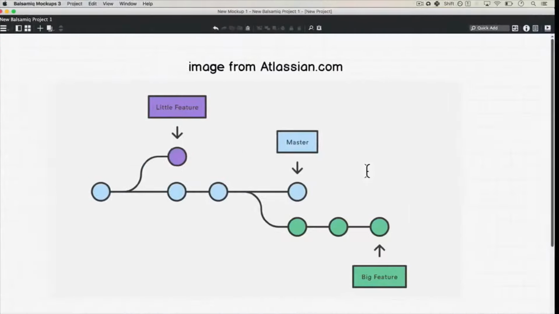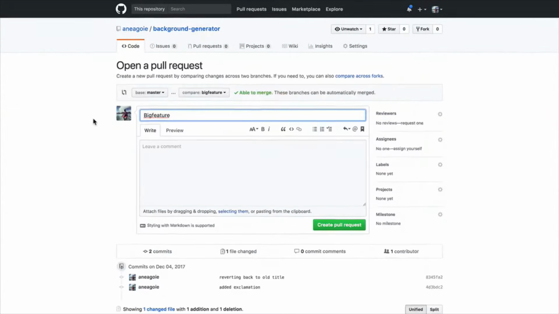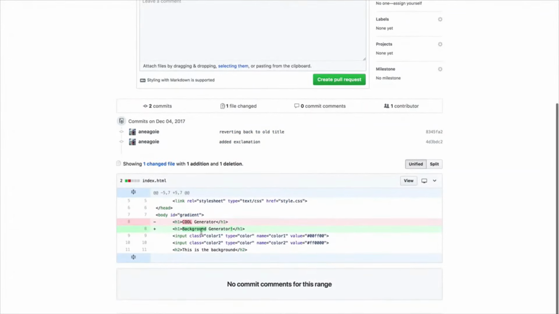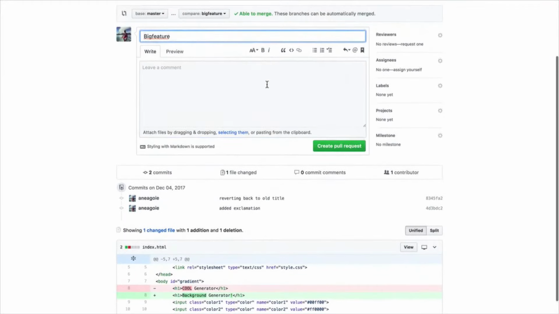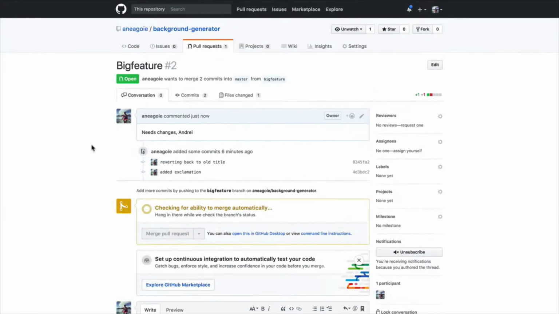And let's go back to GitHub. If we look at the pull request, it'll actually have both of these, reverting back to old title and added exclamation. And we see over here both of the changes. Create the pull request, needs changes, Andrei. So while this pull request is out there,